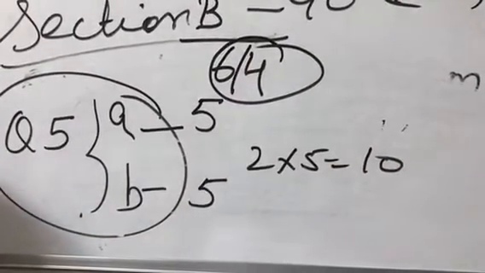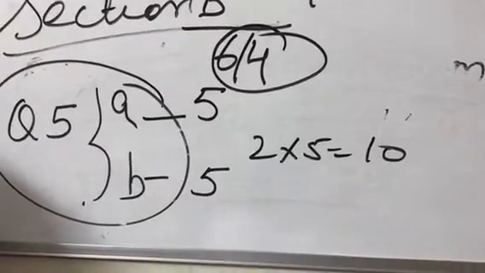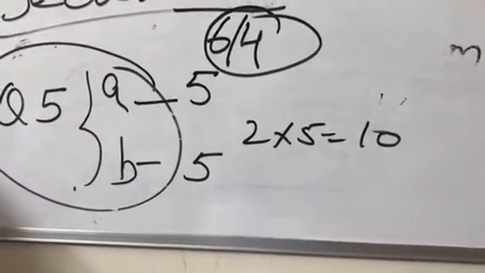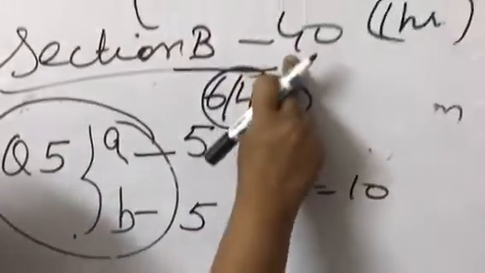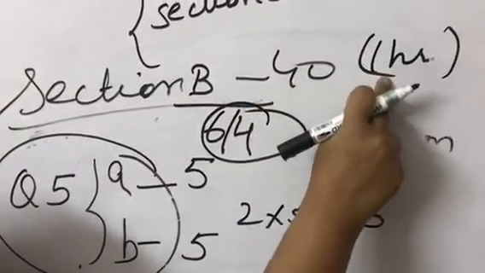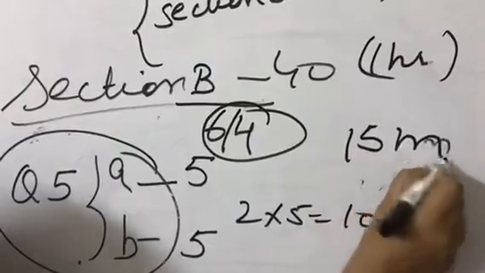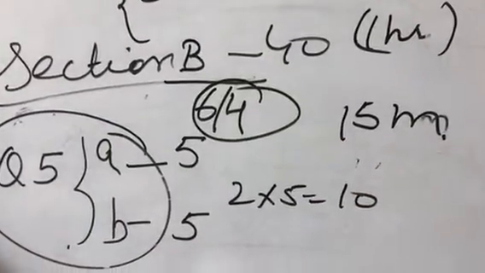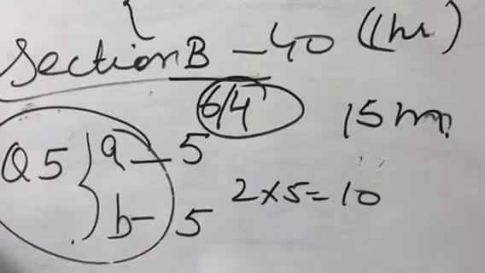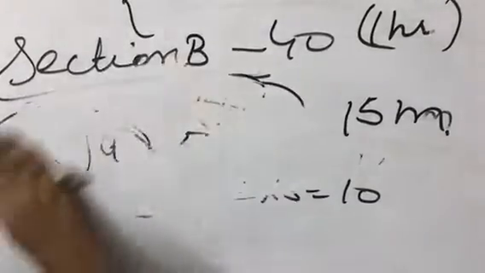So in this way, out of 6 questions, you have to attempt only four questions. You have a choice that out of 6 you will attempt only 4 questions, but the time limit again is 1 hour only. 1 hour means 4 questions. 4 questions means for each question we are to give 15 minutes only. So like this you are to practice your writing.